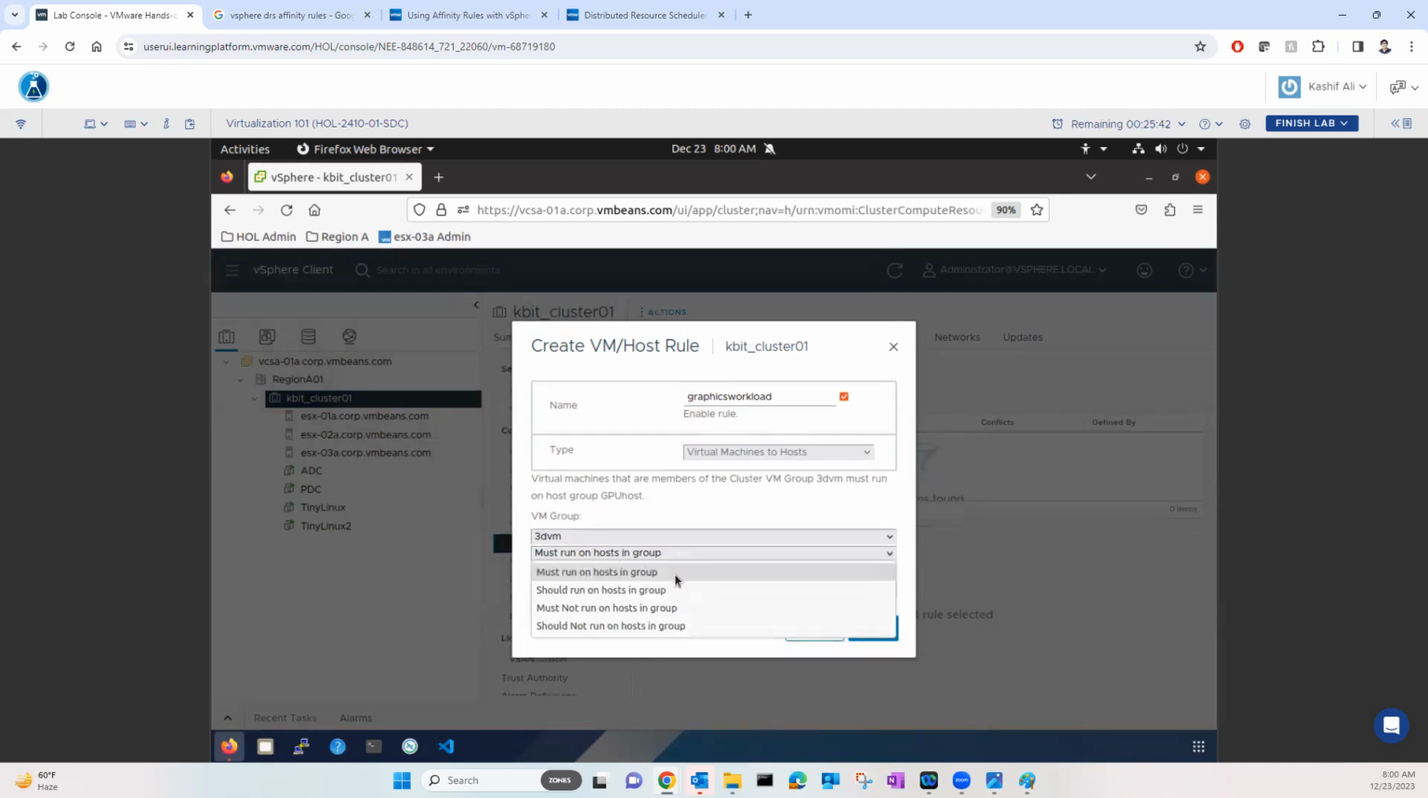And we have four types of rules available. Must run means must. If ESXi1 is not available, DRS is not going to power on that virtual machine. Should run means that if ESXi1 is not available, that virtual machine can run on ESXi2 and 3. But if one is available, then this VM is going to be always on ESXi1. And the same is the case for must not run and should not run. So let me create must run. And when you click OK,